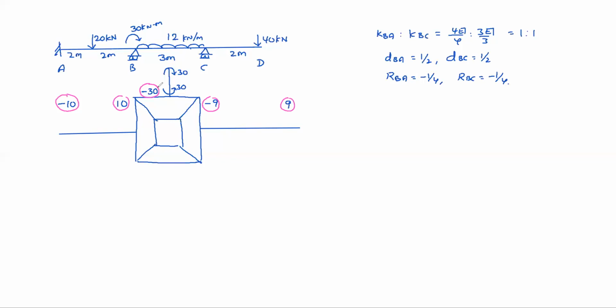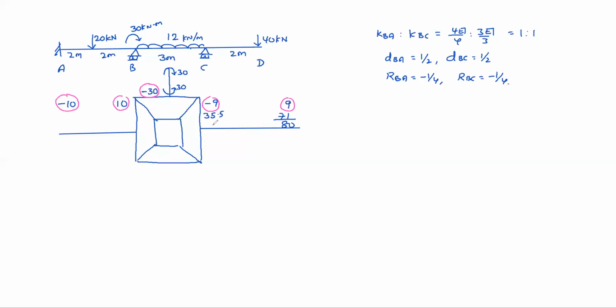So now, the sum of fixed moments, 10 minus 9. I mean, before that we need to adjust here at C. At joint C, we need to get 40 into 80, right? How to get 80? By adding 71. Add 71 here, so that you will get 80. For 71 we need to adjust here, carry over 35.5.